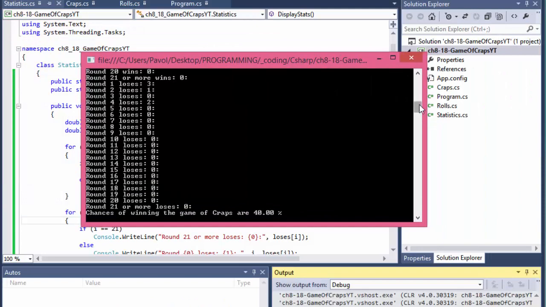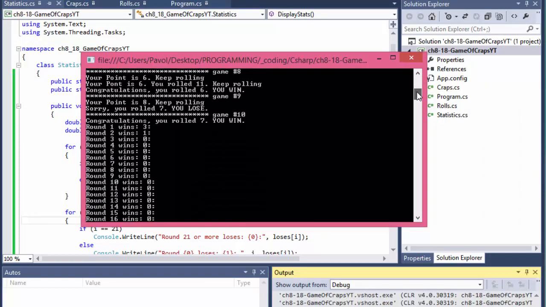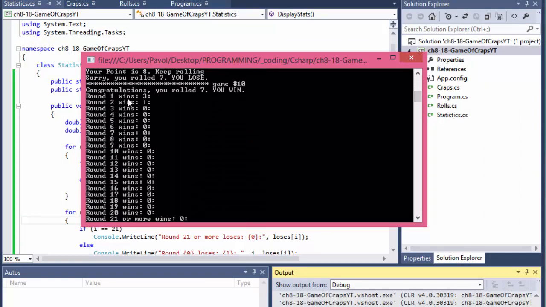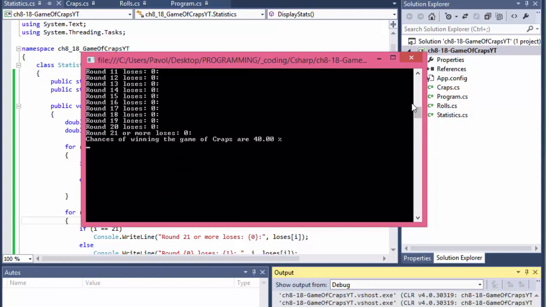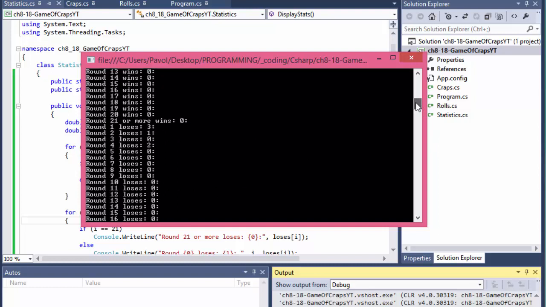over here we have all the games, and it will tell you, okay, round 1 wins, we won 3 times on round 1. Round 2 we won once. So altogether we won 4 games. So our statistics will say we have 40%, which is true. Now we lost the games over here. Round 1 losses, 3 times. Right on the first round we lost 3 times. Second round once. And